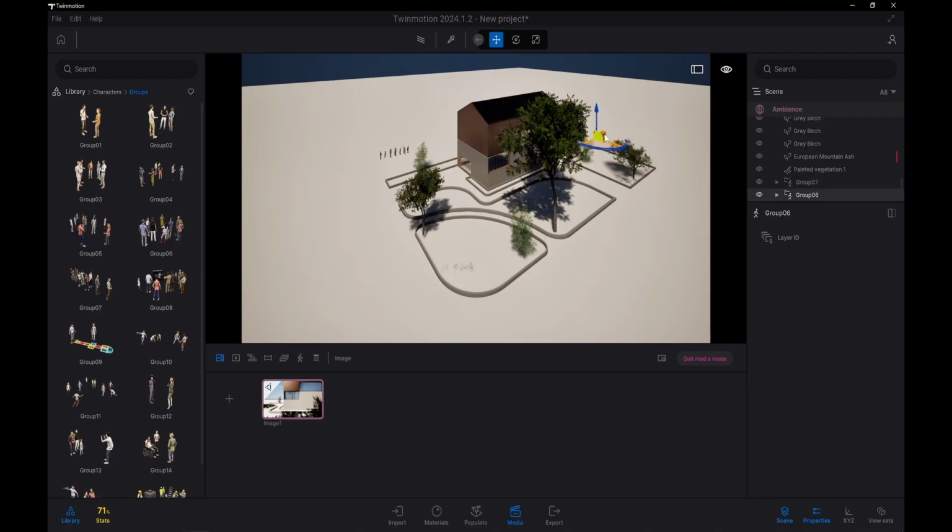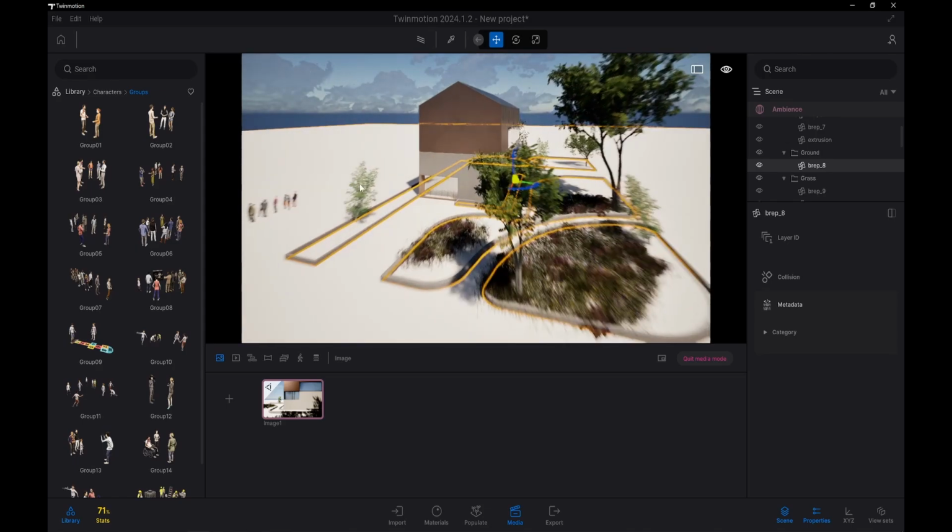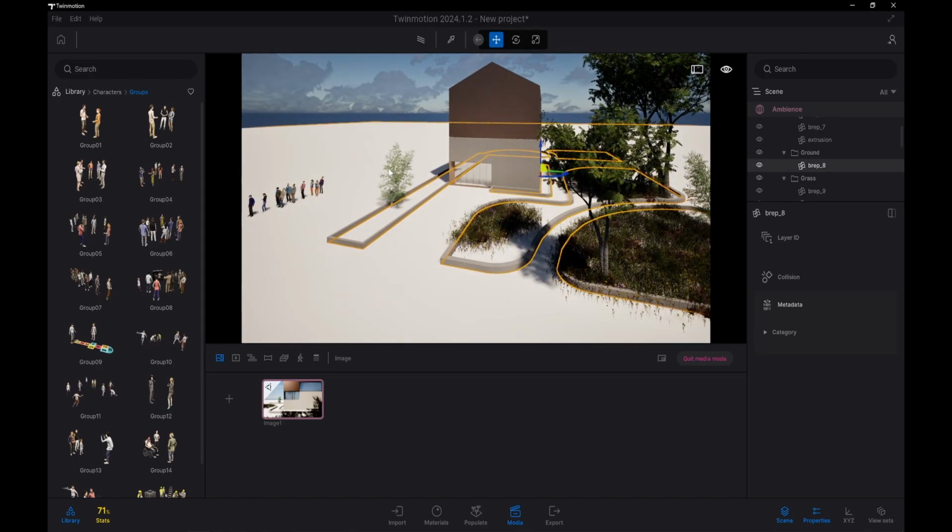I just like to add groups around the context like that. To be honest, I don't like the entourage for Twinmotion because they're not the highest quality. So I typically have their backs away from the actual camera, so you're only seeing their backs, you're not seeing their faces, or you're seeing the side of their faces. And some of the clothing is a little too distracting, so I try to find muted clothing when it comes to individuals. For groups, it's not that big of a deal, but when it's more individuals in the front,